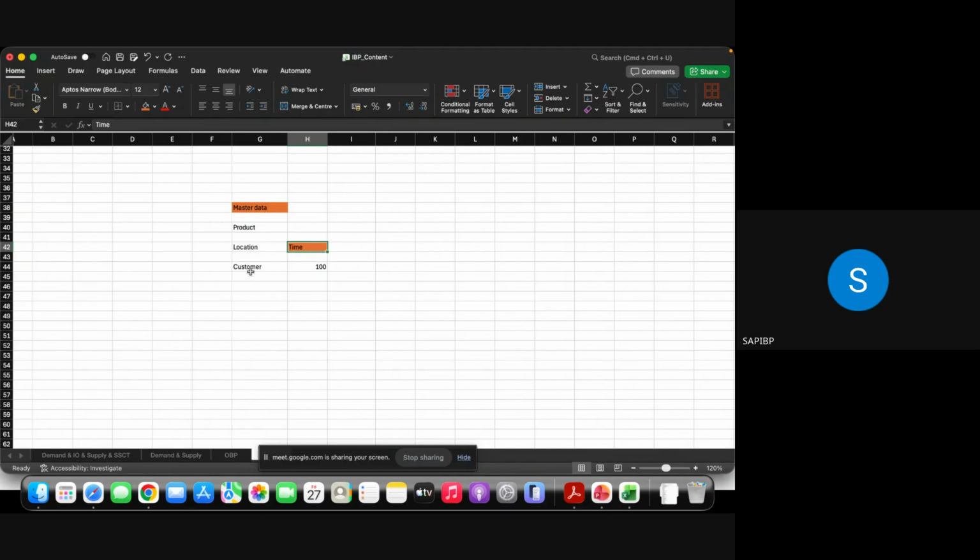Now, to define this master data, we need certain characteristics. Suppose if I ask him, where are you from? He is going to describe, I am from so-and-so state, so-and-so district, so-and-so region, so-and-so place, right? So to describe your location, you are using certain characteristics. Those characteristics we call attributes. So here location ID, location description, the region, okay? These are all called attributes, right?